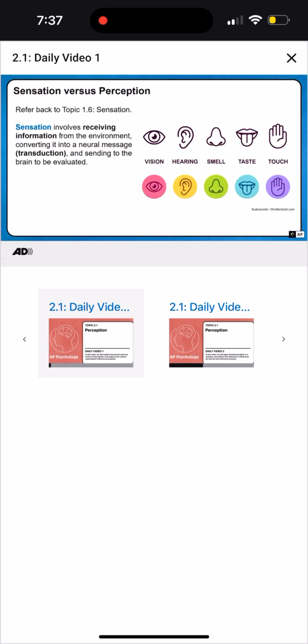Sensation involves how an organism receives stimuli and information from the surrounding world, such as what we see on the right: vision, hearing, smell, taste, touch. Perception, the focus of this video, involves the active process of organizing and interpreting sensory information. Perception brings meaning to sensation. A bitter taste becomes, wow, that's strong coffee. A loud noise becomes, that's my alarm clock, I better get up.